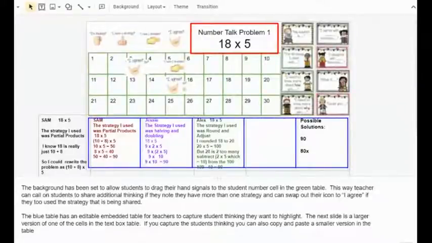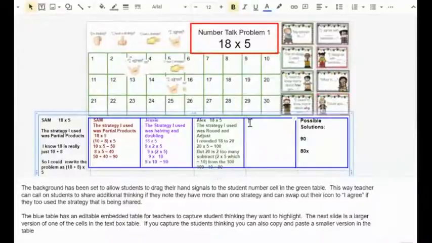Ultimately, what we're trying to do is create environments where students can engage in critical conversations, mathematical discourse, where they're understanding what number sense really means. Whether we're typing directly on the blank slide or we type the students' thinking directly on this particular slide,